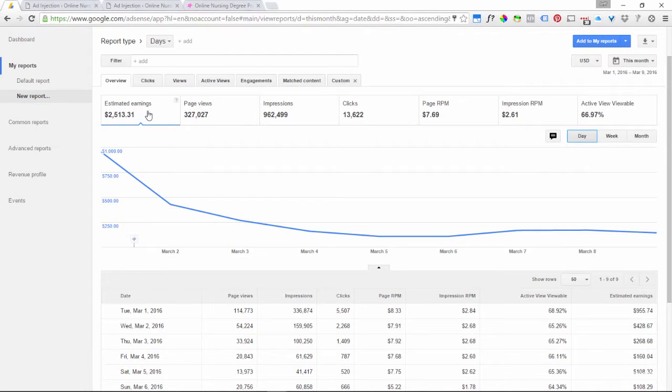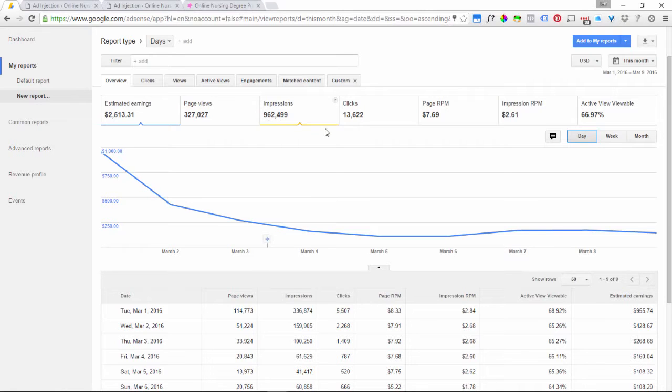This is the amount that we've earned so far during the month. It's the number of page views and the number of impressions. As you see, the impressions are about 3 times bigger than the page views. That's because we have approximately 3 ads per page,